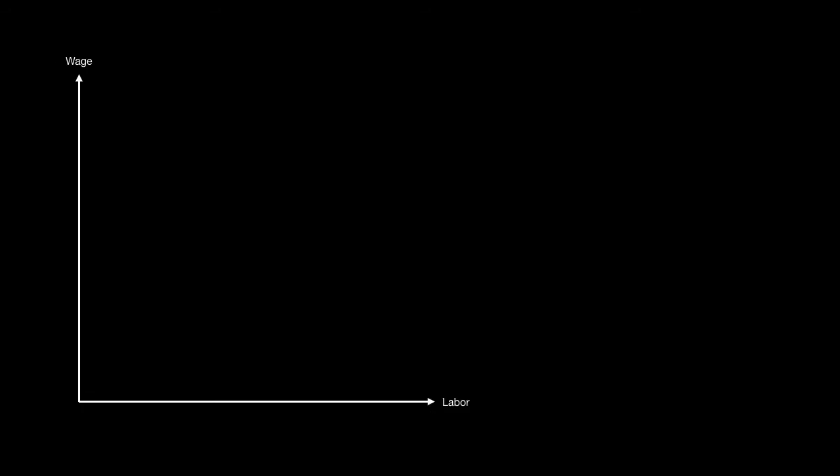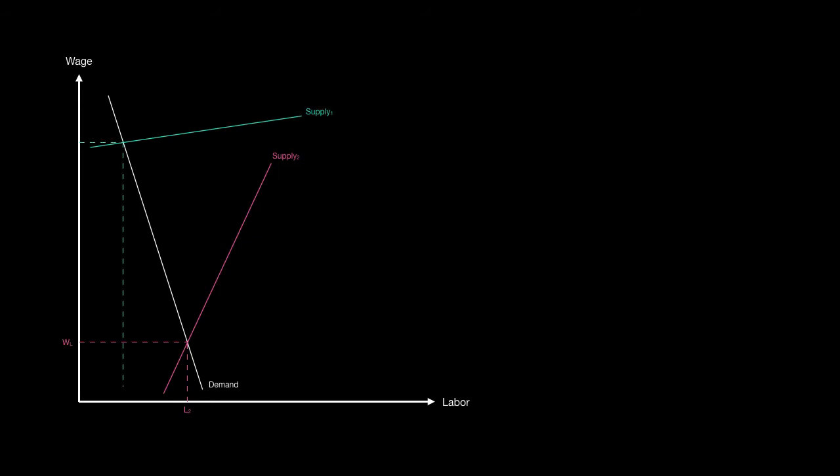So we look at any given labor demand curve. We'll use this one here. And here is the pretty inelastic labor supply curve. This is somebody who doesn't have many alternatives. We'll also say there are a lot of people who can do this job. Therefore, the wage is not that high relative to someone here who has a very elastic labor supply curve, and there are far fewer people who can do that skill set. Therefore, they're higher up on that labor demand curve.